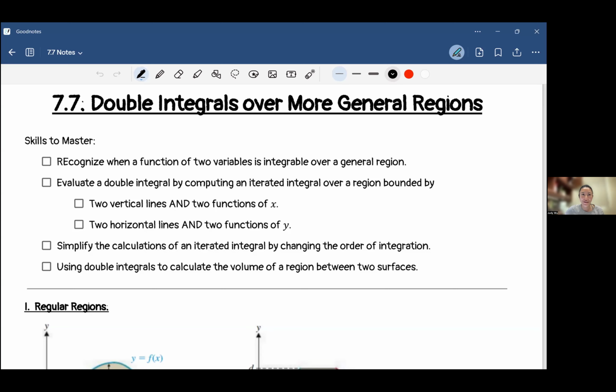Hi folks, welcome to the 7.7 videos. We're going to be talking about double integrals over more general regions. Now for this lesson, we're going to split it up into three separate videos. And so in the first video, we're just going to talk about regular regions and what a regular region